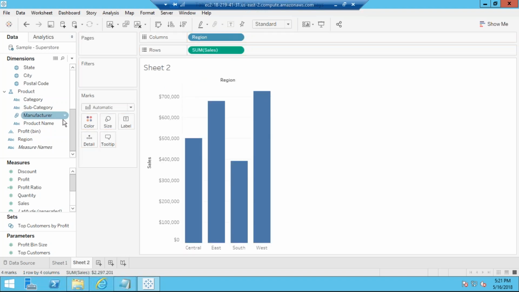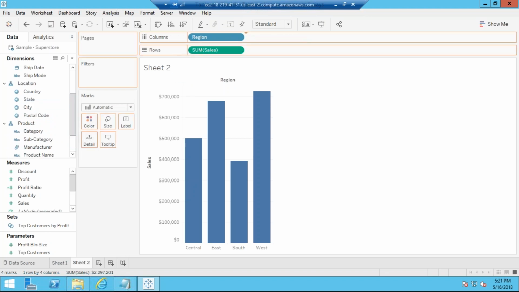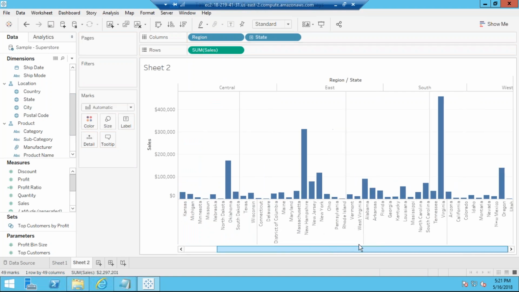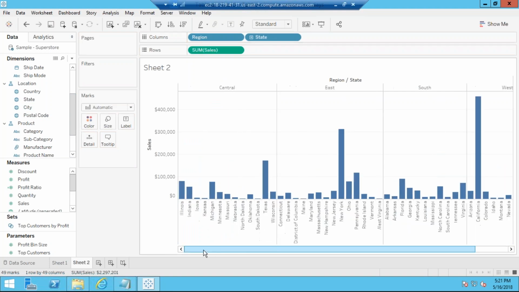Now I'll bring the state here. What you're getting here is sales by region and states. The user said, okay, this is fine, but I want to see my sales by every state and region, in which state or in which region that comes.